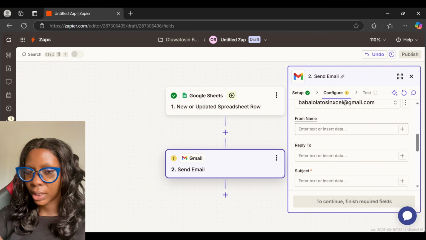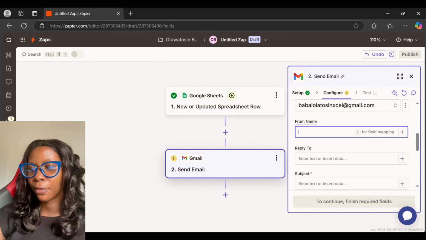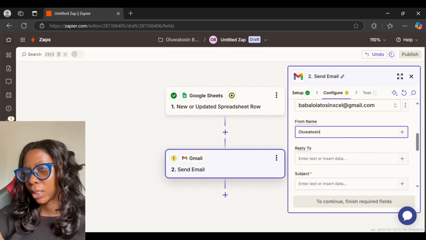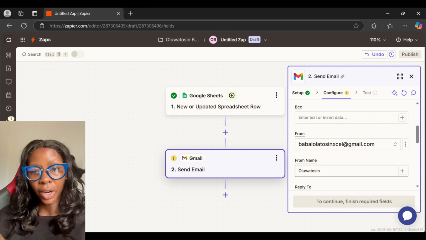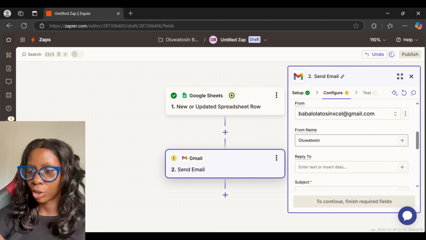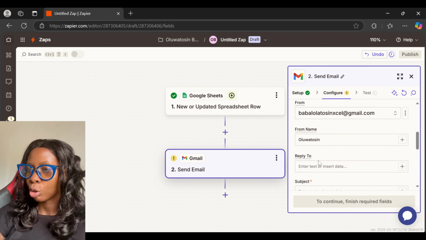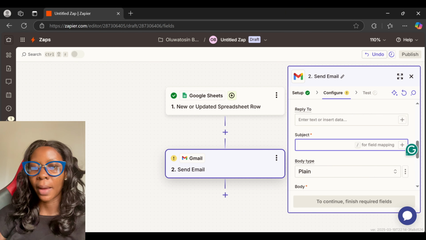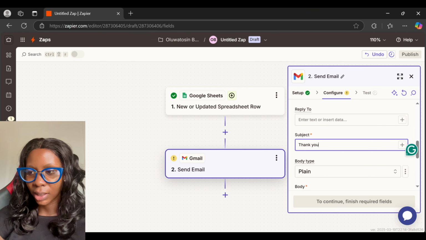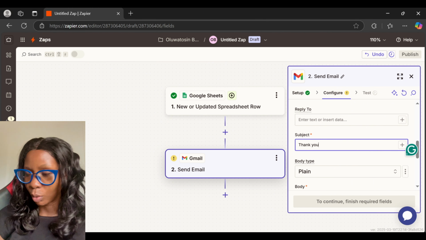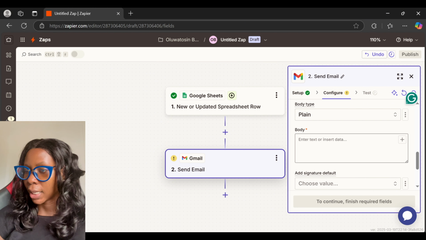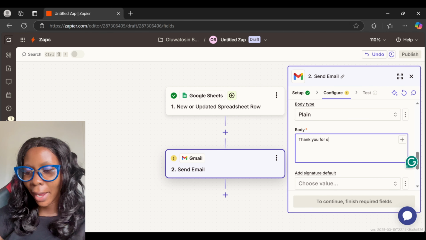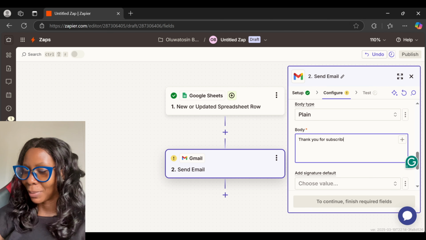What name do you want them to get it from? I could just say from Oluwatosin, but if you are a brand, you can input your brand name basically. And this from name is very optional. If you don't want to include it, you can just leave it empty. For reply to, I'm just going to leave that blank. So the subject of our mail. Let's just put thank you as the subject. It's going to be a plain body text. And now let me just say thank you for subscribing to my YouTube channel,